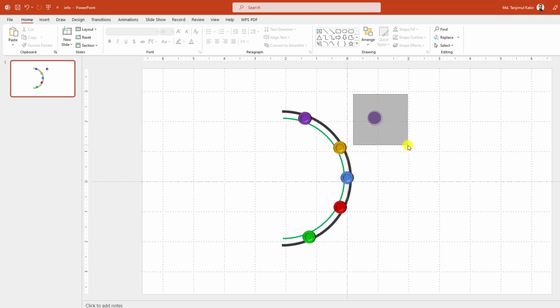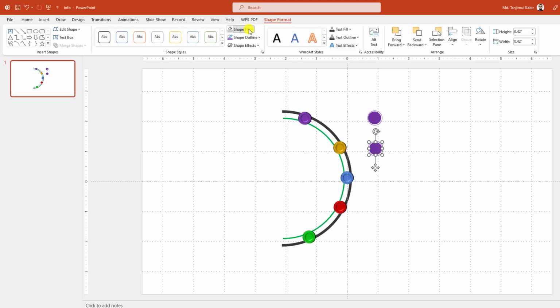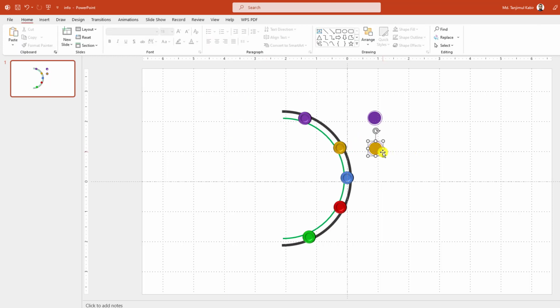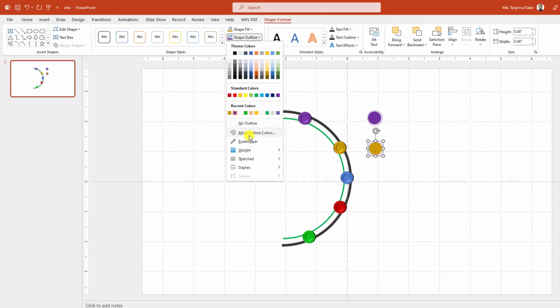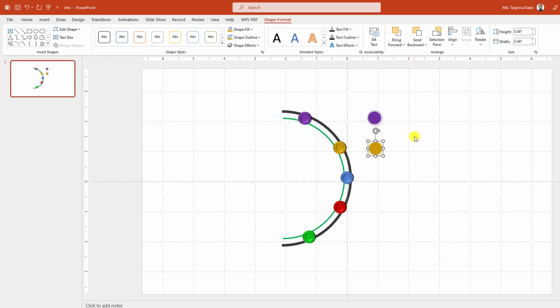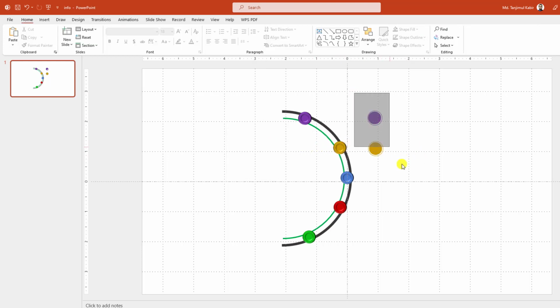Now let me select all of this, press Ctrl D to make it duplicate, place it here, click on this one, go to Shape Format, Shape Fill, Eyedropper, select this color. Click on the outside one, Shape Outline, Eyedropper, select this color. Then let me select all of this, press Ctrl D to make it duplicate, place it here, select this one,